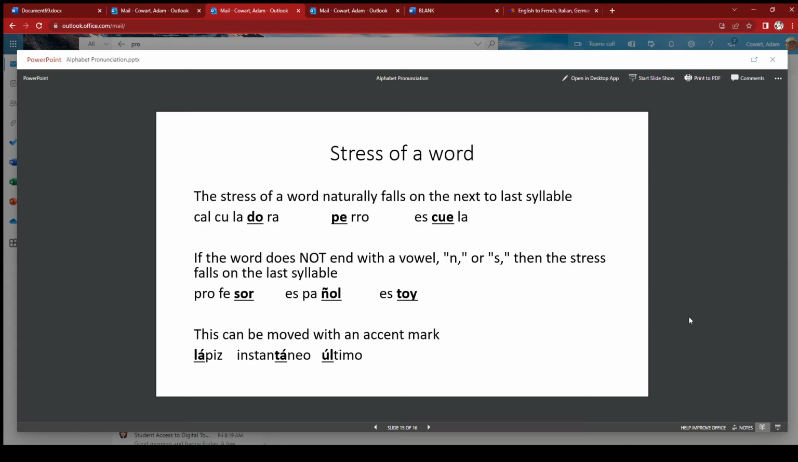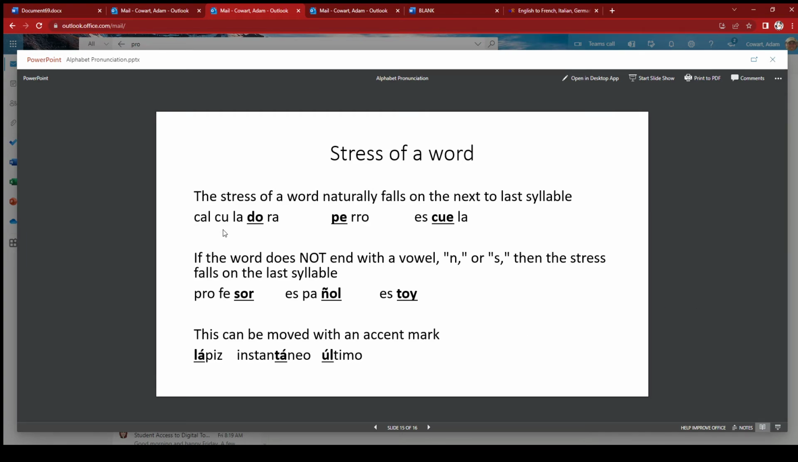Okay? Now, the last thing to show you today, and I'm just going to kind of introduce this because I will explore this more when I get back, but here it is. Okay? Let me check on how we're doing with time. Okay, good. All right, so the stress of a word. The stress of a word naturally falls on the next to last syllable. We call this the penultimate syllable if you'd like to learn a new word. Okay, so for example,